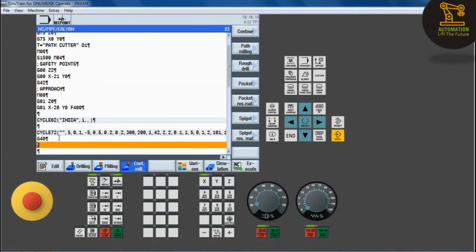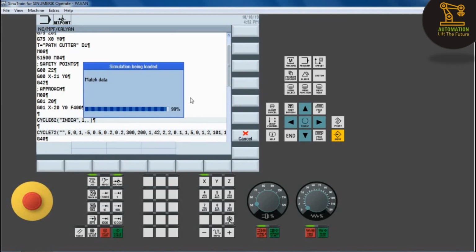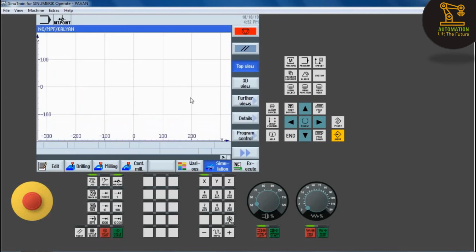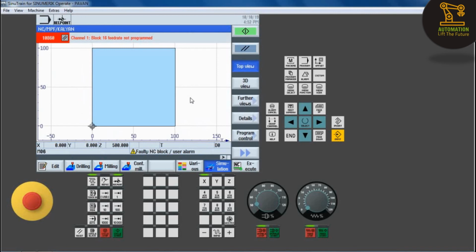Okay, and then G40, this means tool radius compensation cancel, and then we give M30 and check the simulation.